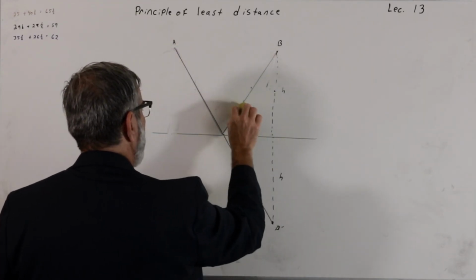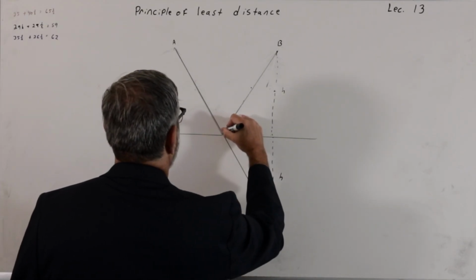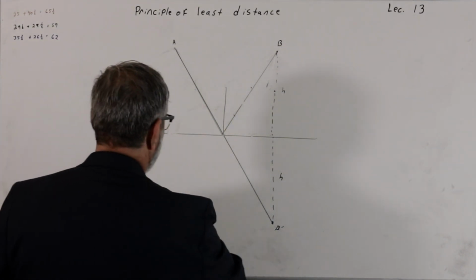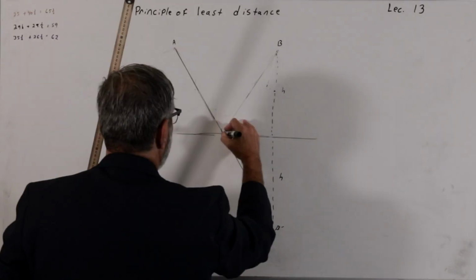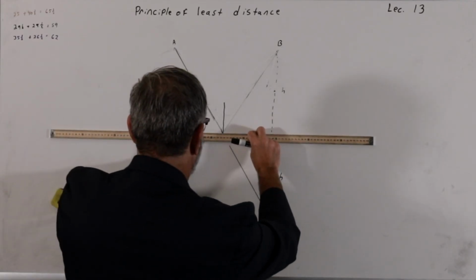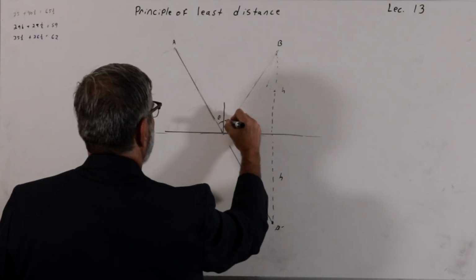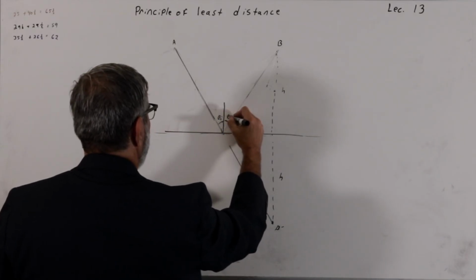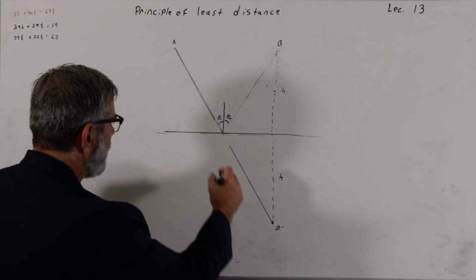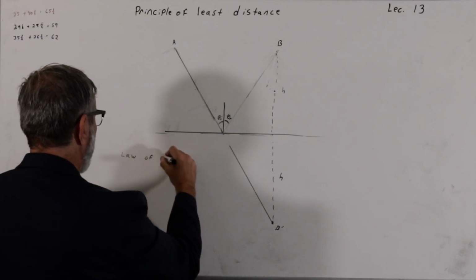If I draw a normal to the surface of the mirror at the point where it reflects, so this is a normal line. I guess I should have drawn this just a little bit better and fix that region up right there. If I draw a normal from this reflective surface that's perpendicular to the surface of the mirror, which I've totally destroyed here. There we go. So the angle here is the same as the angle here. So we'll call this theta I and theta R. And so this normal bisects this point, which means that we now have something we can call the law of reflection,